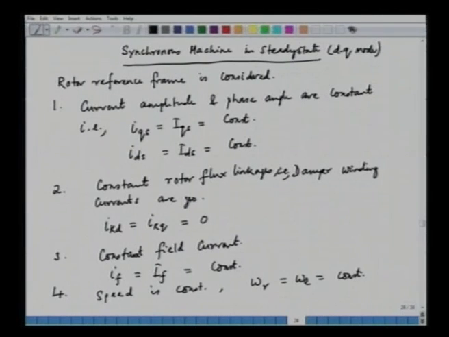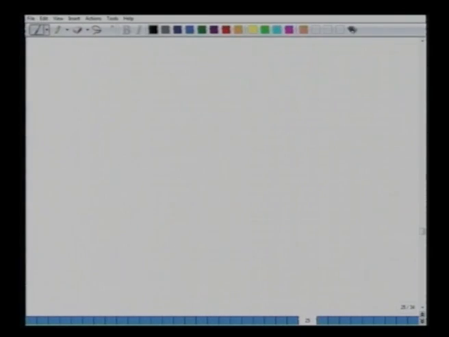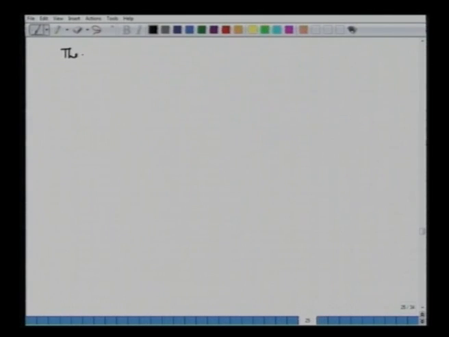The electrical speed of the rotor is the same as the synchronous speed, the electrical synchronous speed, that is omega E. So, these are the conditions for the steady state. Now, if we consider the steady state condition, the equation for the stator voltages can be written as follows. We can write down the stator voltage equation, but before that we can derive the torque equation. So, the expression for the torque is given by,